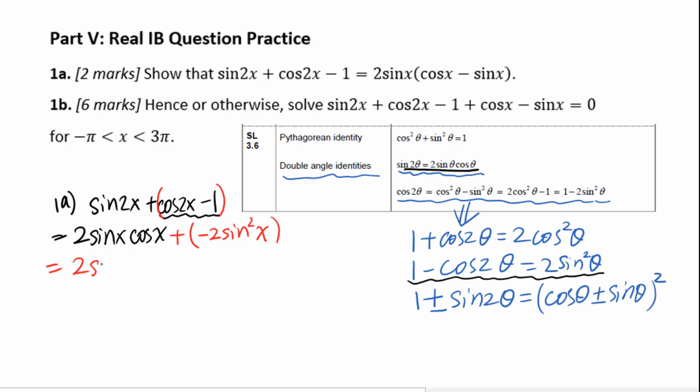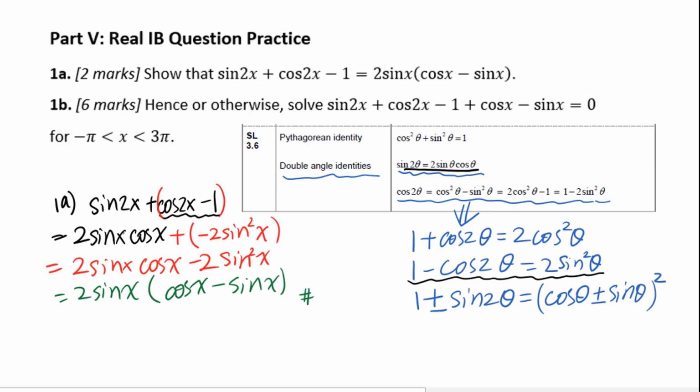Simplify, we have 2 sine x cosine x minus 2 sine squared x. The common factor is 2 sine x, so we have cosine x minus sine x. That finishes proving 1a. For 1b, hence or otherwise, solve sin 2x plus cosine 2x minus 1 plus cosine x minus sin x equals 0,